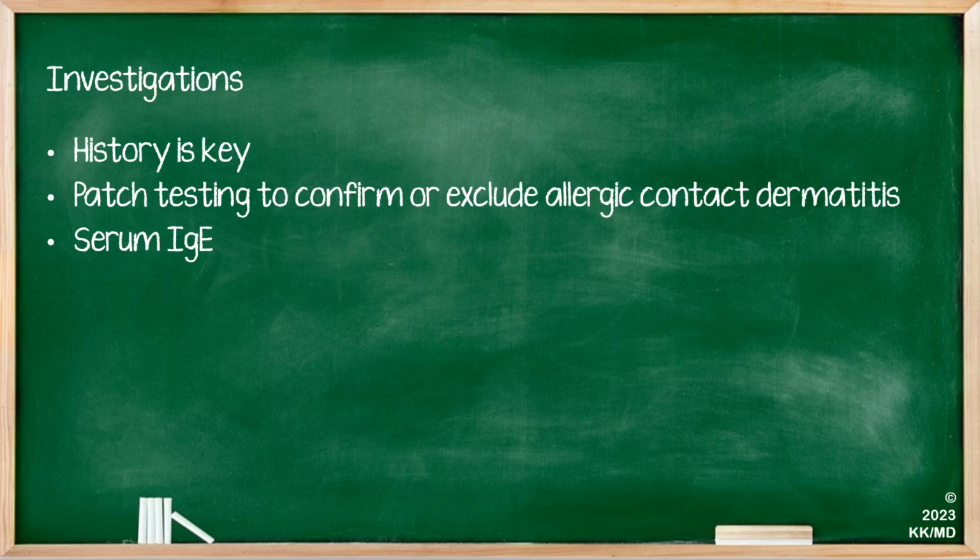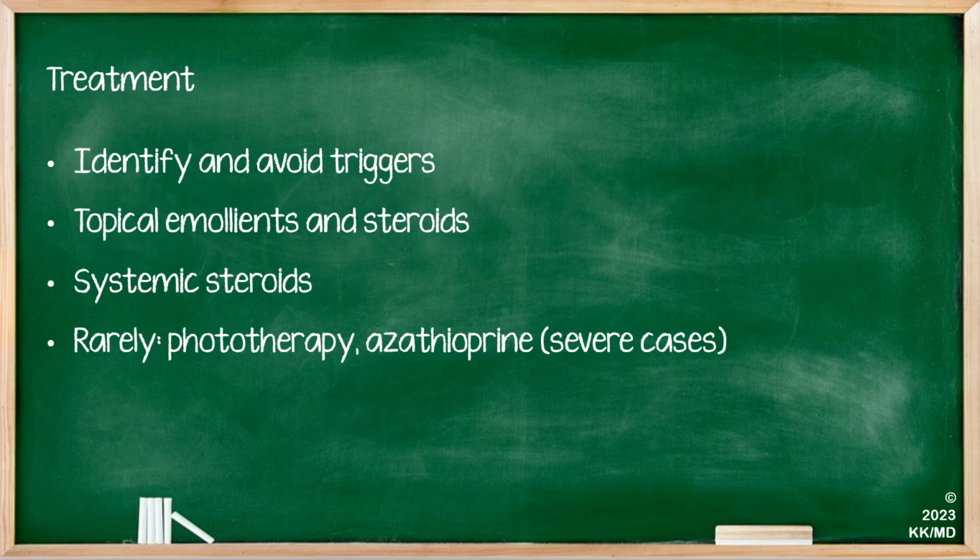Remember, it's an antibody-driven response. And you can also check for serum immunoglobulin E. The treatment of it is really to identify and avoid the triggers. Then, once that's done, for symptomatic management, you can consider using topical emollients and steroids. If that's not healing the disease or not responding, you could consider systemic steroid. And then finally, and very rarely, and only under dermatologist advice, you can consider using phototherapy or azathioprine in severe